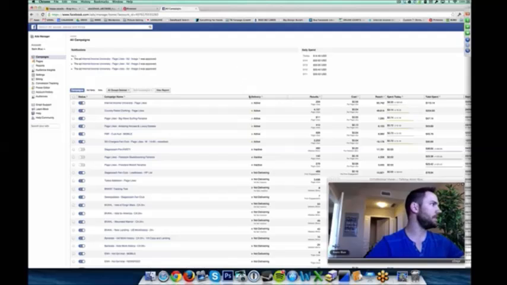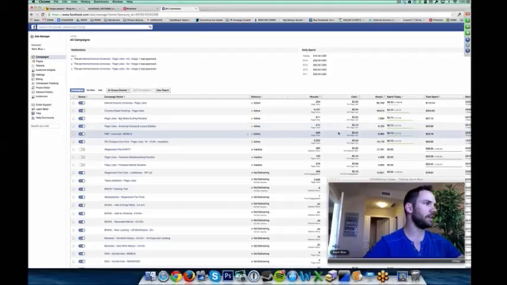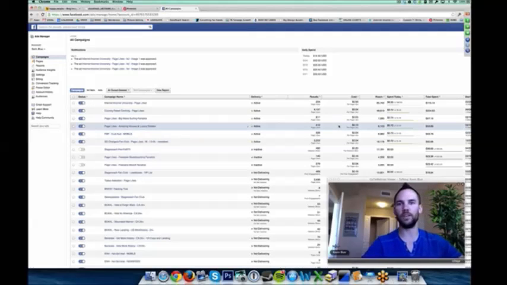All right, and you can see here we have a bunch of different ones running. Here's the country music page, Country Rebel, right? And some of these are doing better than others. Some of them are a little bit higher, right? Here's one in the real estate niche. This one's at 13 cents a like. So it's all relative, right? We're still running that one. We're not going to stop running it, but we will continuously start creating new ads to get the cost down,